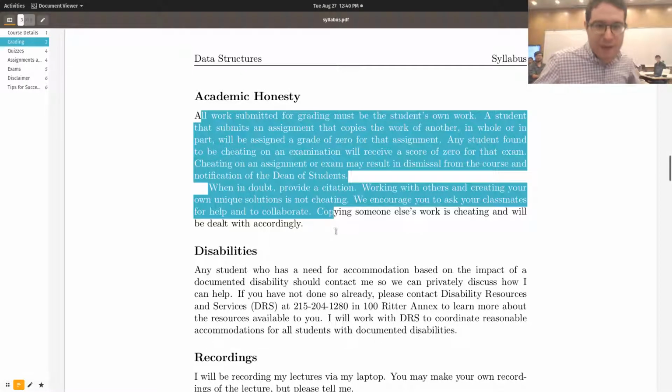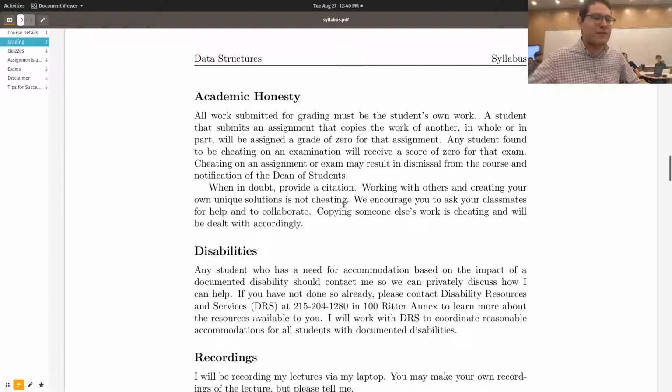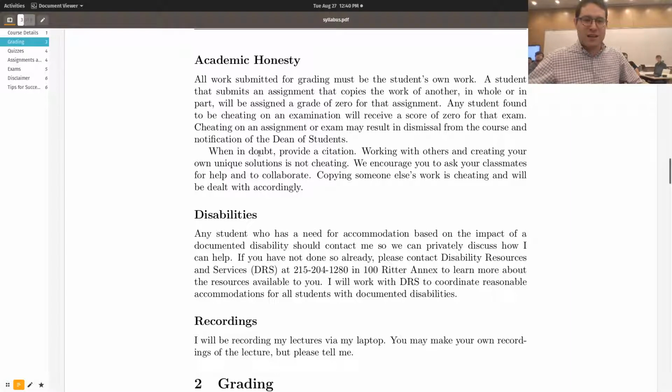So academic honesty. Don't cheat, I guess is what I'm saying. Don't blindly copy stuff on the internet. If you happen to find something that you need from the internet, like looking up, oh, there's an addAll method, and this is how I can do this, or, oh, I found this really interesting loop, and I really want to use it, then cite it. Okay? Use your comments to cite it.